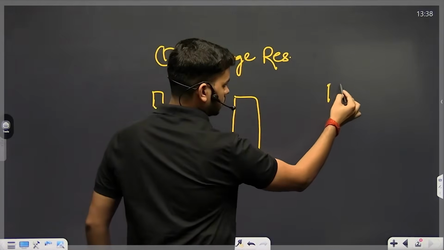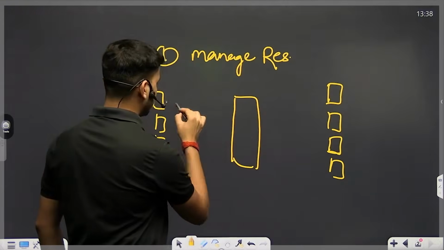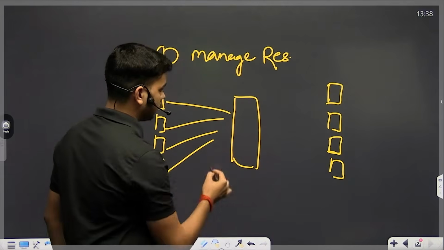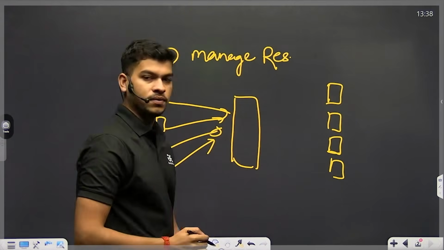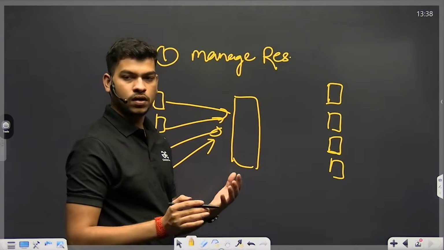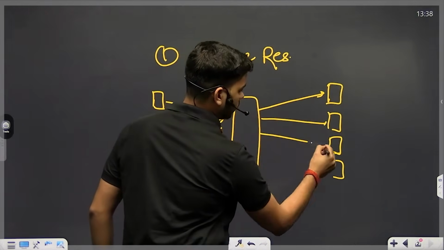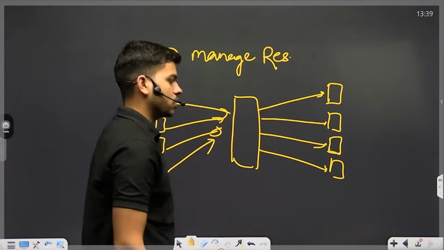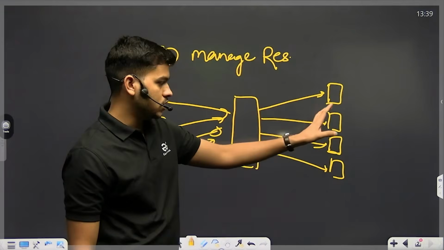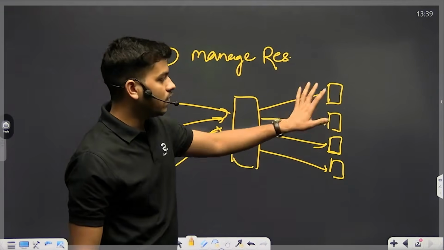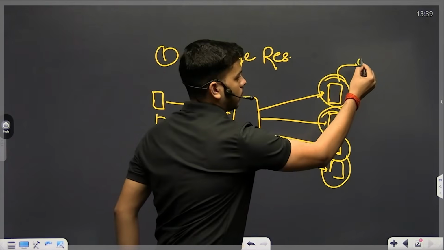Here is the load balancer and here are the instances of servers, the backup entities of Uber, all connected. The users are asking for a ride booking: I want to book a ride. So what the load balancer will do is manage the resources evenly, on a distribution basis. For example, one request is given to this server, one to this, one to this, and the rest to this one. All four requests will be divided among these four resources, so that none of them becomes overcrowded.